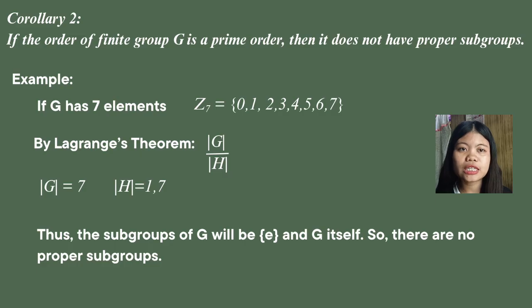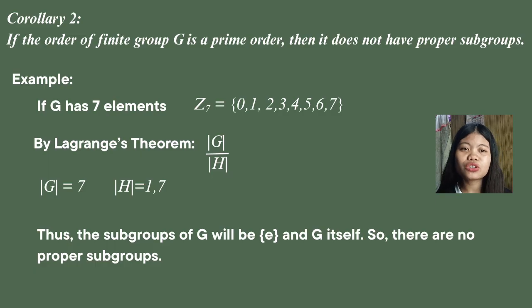Now let's take a concrete example. Suppose the group has 7 elements, where C sub 7 has the elements 0, 1, 2, 3, 4, 5, 6, or Z modulo 7. This means that the order of the group G is equal to 7, and we all know that 7 is a prime number. The only numbers that divide 7 are 1 and 7. So by Lagrange theorem, the only possible subgroup orders are 1 and 7. Thus, no proper non-trivial subgroup exists in this case, right?